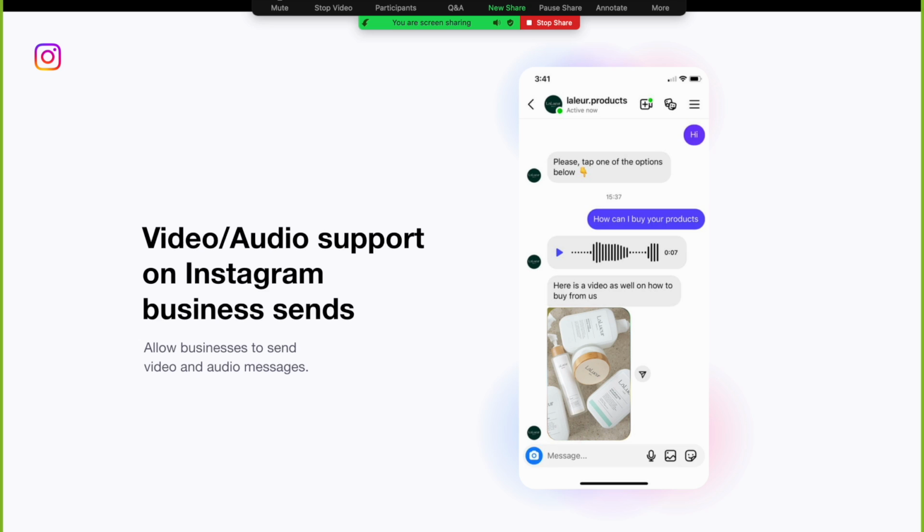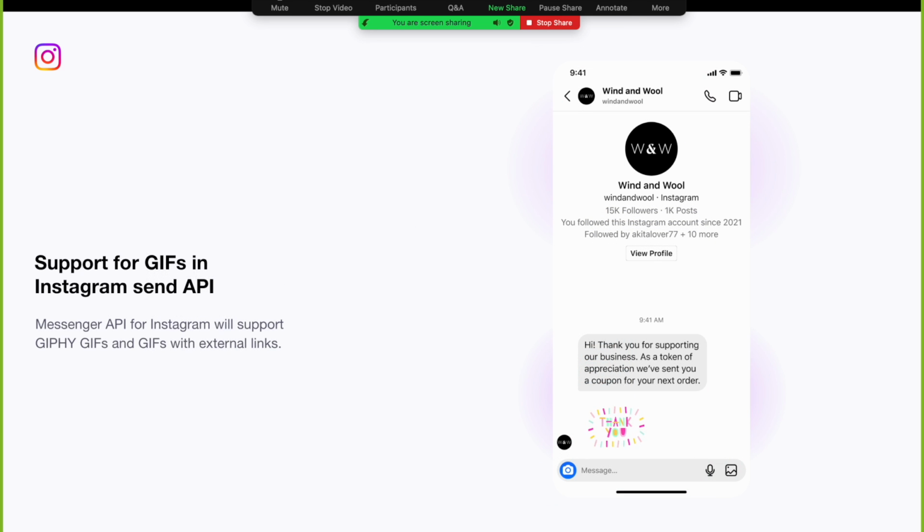This will support businesses to have richer interactions with their customers. We currently support MP4 files for video and AAC, M4A, WAV, MP4 files for audio on the Send API. We have also added support for GIF files on the Send API to help businesses have richer interactions with their customers on Instagram messaging. Both URLs and Giphy GIFs are supported.